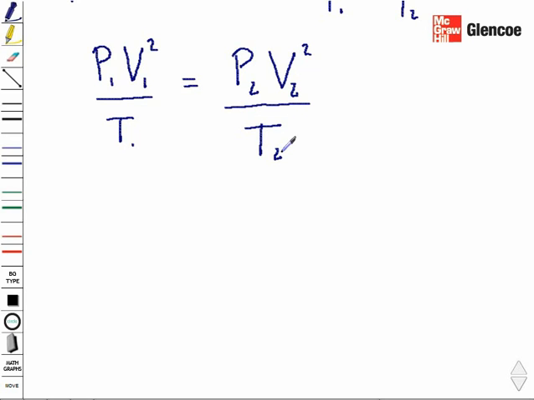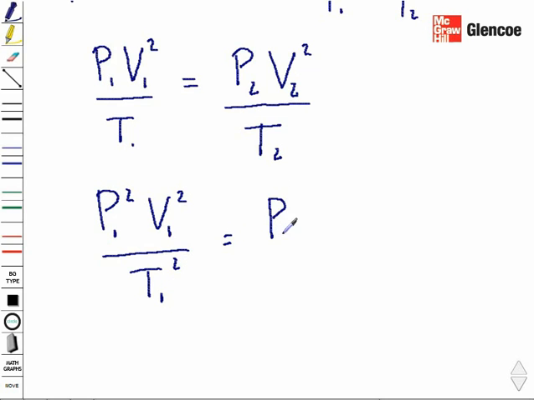Your next step then is to multiply by the Gay-Lussac law, which gives you P1 squared V1 squared over T1 squared equals P2 squared V2 squared over T2 squared. And if you look at this, it looks very, very close to the combined gas law, except that